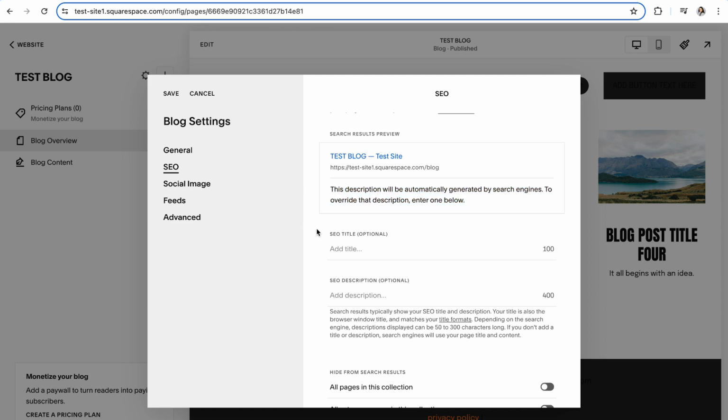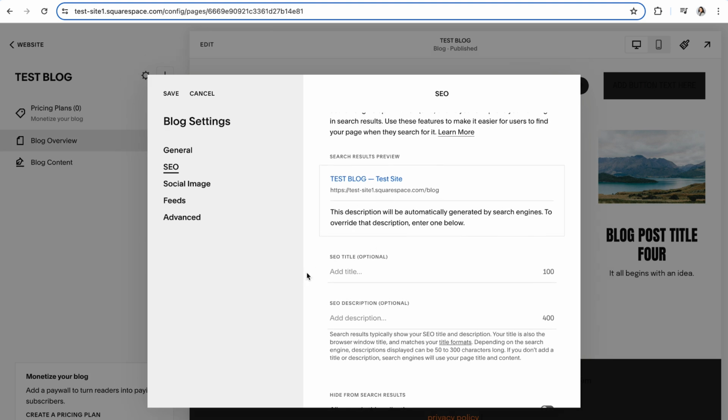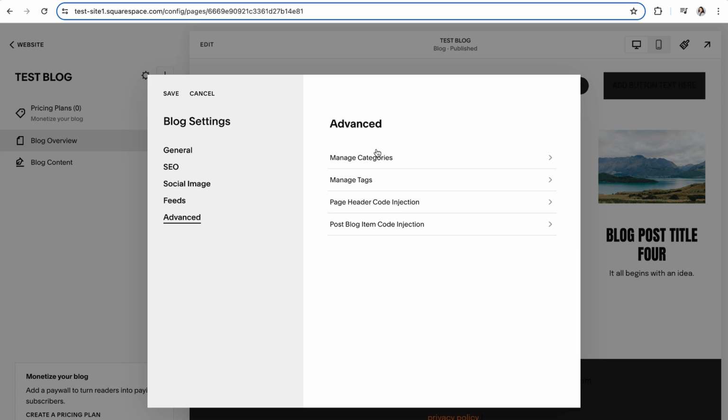So it's important here to write a sentence or two describing what your blog is generally about, so that when people come across you on Google or other search engines, they'll know exactly what this blog is going to be. And then finally, under Advanced, this is where you'll be able to manage your categories and your tags in